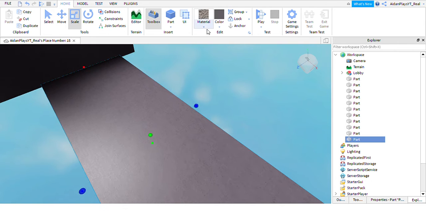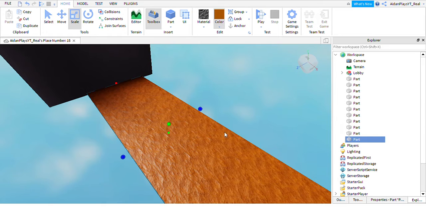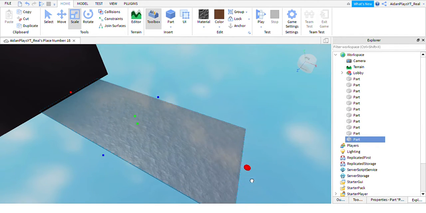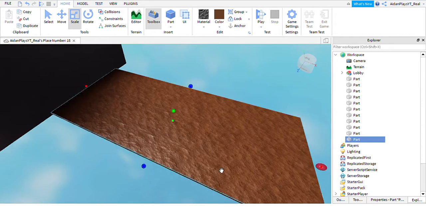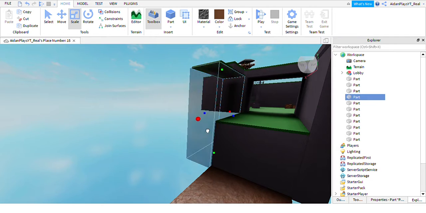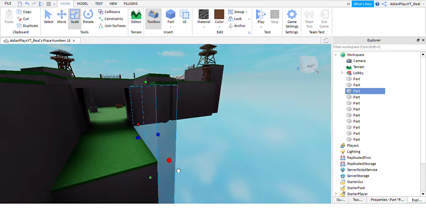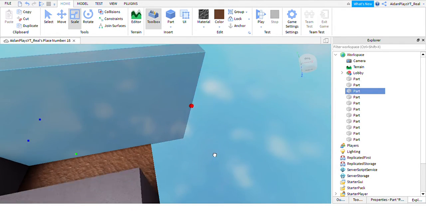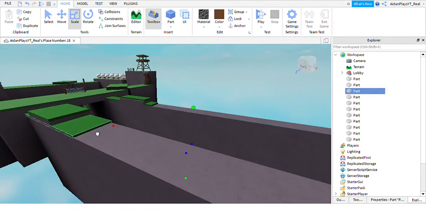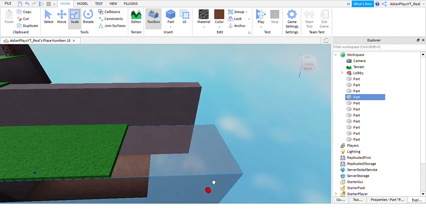We want to add a little bit of a touch to it, so I'd recommend going to slate, making it brown, because this is one of the best dirt colors. I recommend making it dark brown if you do make it brown. We do not want to make this path too long, but we also don't want to make it too narrow. So what I'm going to do here is build up just a little more, in fact, maybe to there. Then